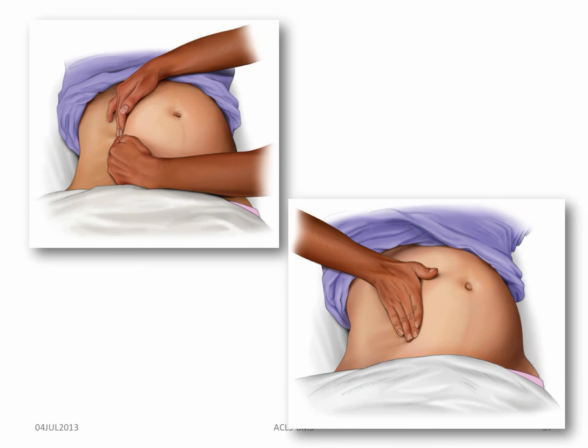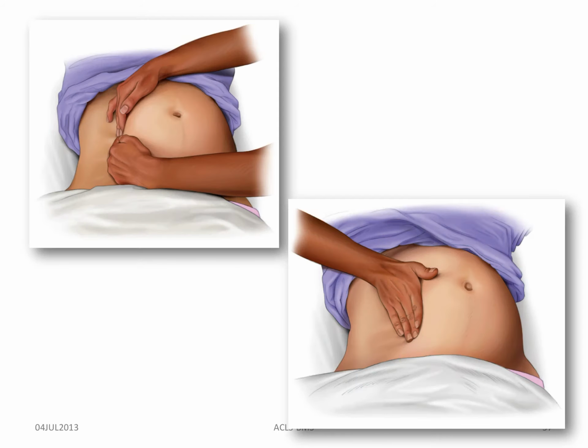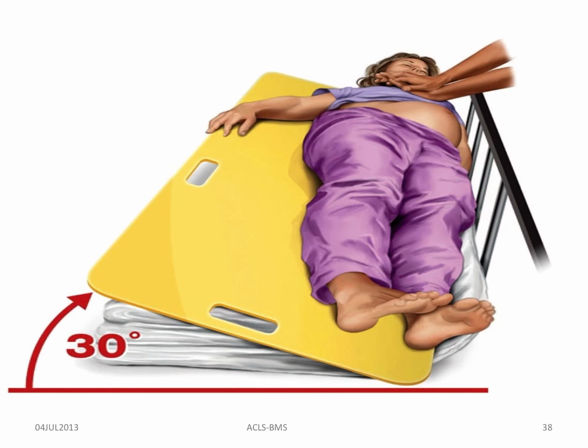Now these are very advanced things, but basically what we need to do as a basic layman, if you see a pregnant woman gone into cardiac arrest, make her lie down, try to push her uterus to the left side, as shown in this picture. If you can tilt the bed so that it automatically gets lifted to one side, that's fine, and then start chest compression as you see in this picture, and make sure you shout for help and call for the emergency resuscitation team. Those are the things which we can do as a layman to help a patient who has gone